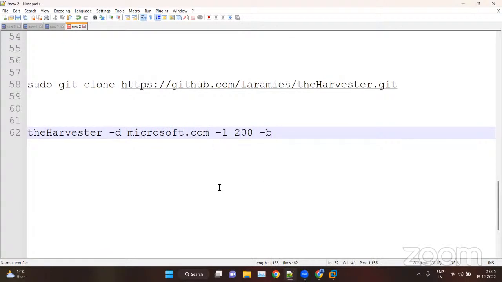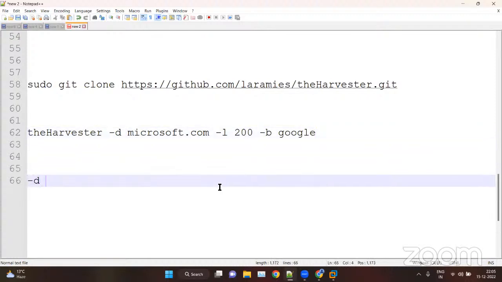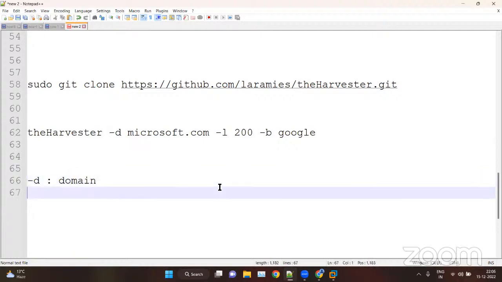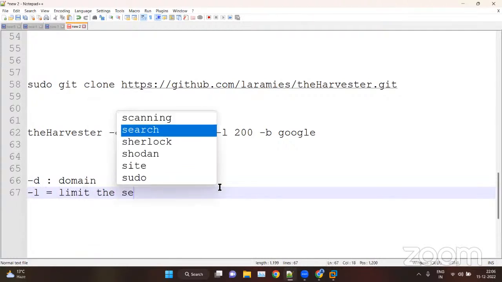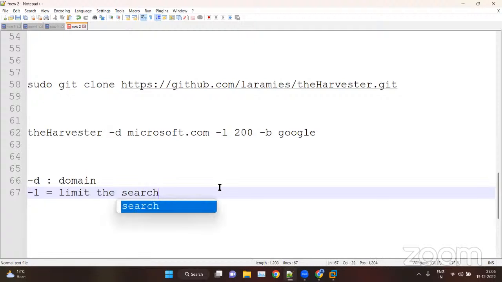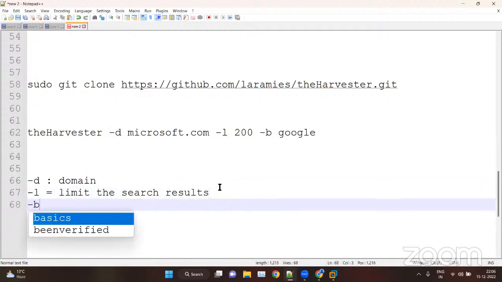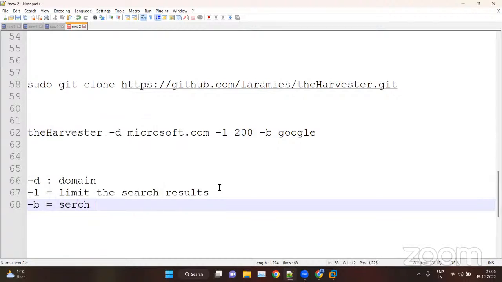Hyphen b for the search engine, from which you want to search. So hyphen d for the domain, hyphen l to limit the search results, hyphen b for the search engine.